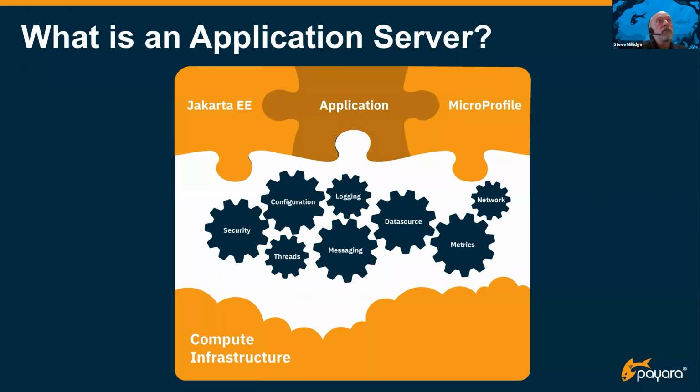And then from a Jakarta EE or Java EE point of view, it also provides those APIs, which are industry standard, and which allow your application to utilize these services. Jakarta EE provides, for example, the Java Persistence API, which allows you to write and read data from a database, which then uses the underlying data source implementations within the application server. Using the Java EE API will map your data into rows in the database and use the data source to connect to that database.